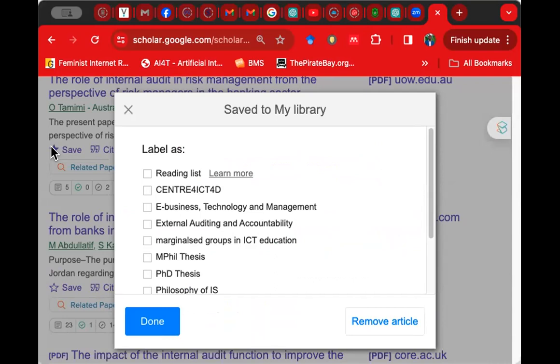So it means I've been looking at literature involving this, and I created folders for them. These papers were for some of my MPhil students some years back, my PhD thesis, some things I was teaching, and many others. So if you are working on a topic like this, you can create a folder in your Google Scholar profile, MPhil thesis, or you can call it internal audit and risk management, so that any paper you